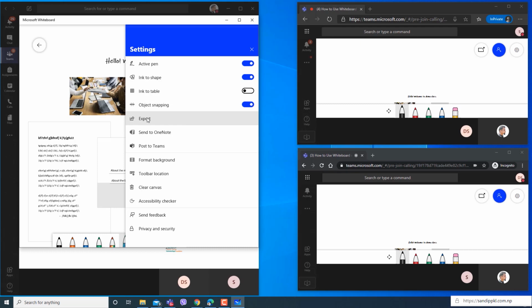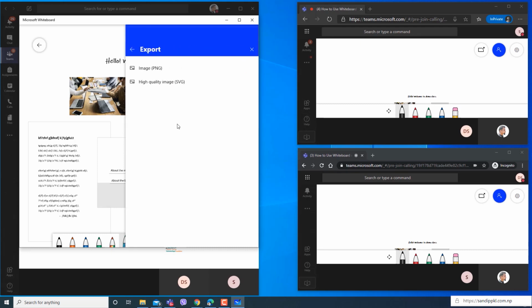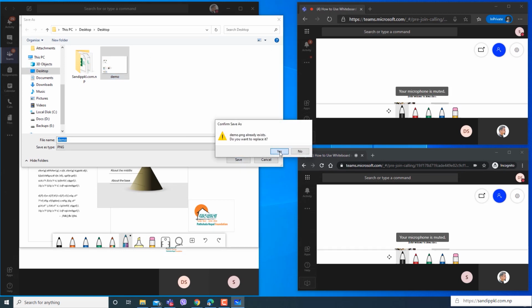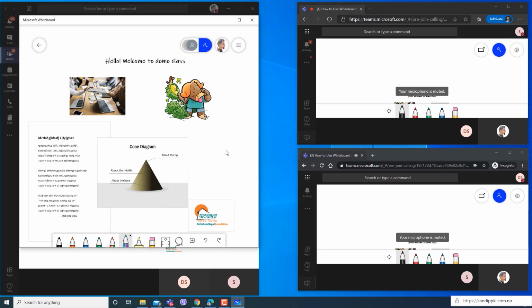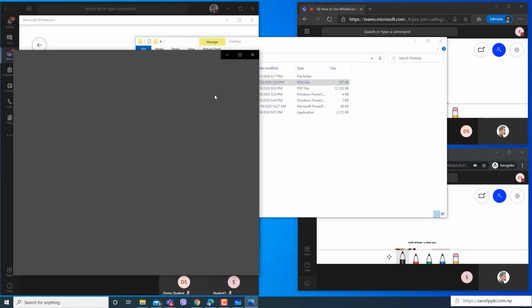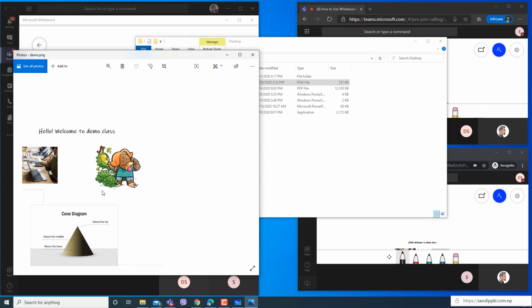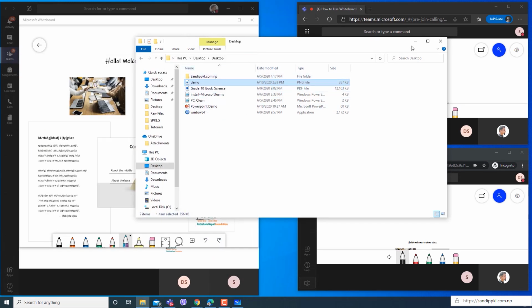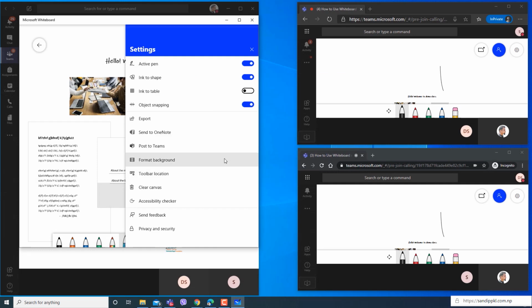You can also export this board as an image to your computer too. Here I will save it on desktop as demo. Here you can see the image is saved. By this way you can save your whiteboard on your desktop too.